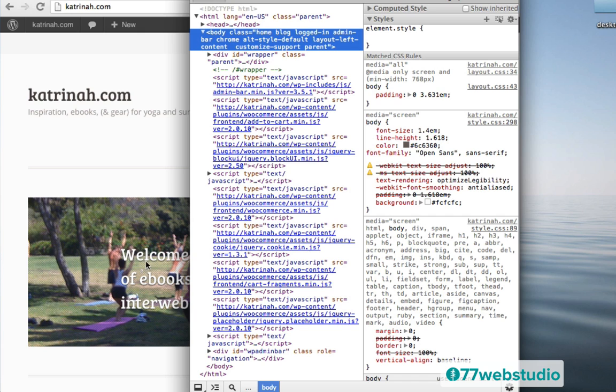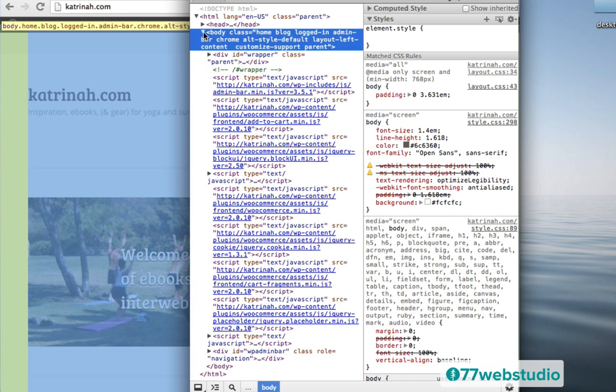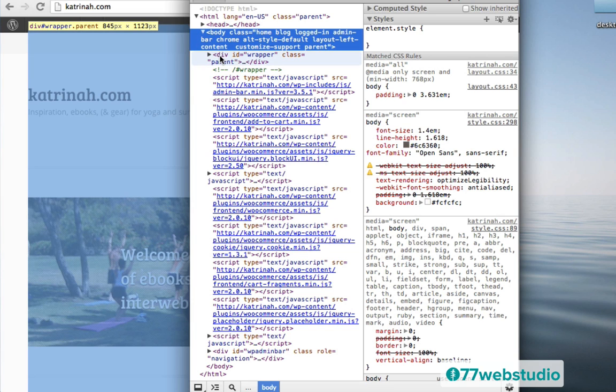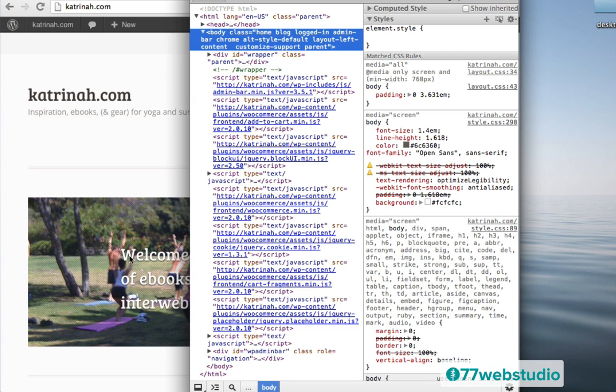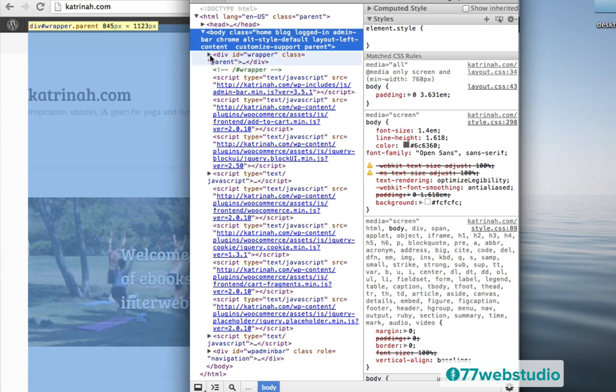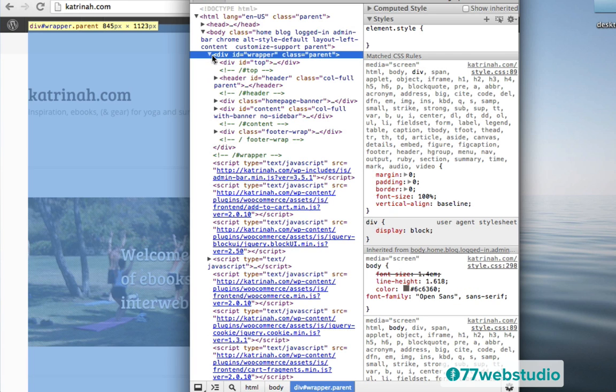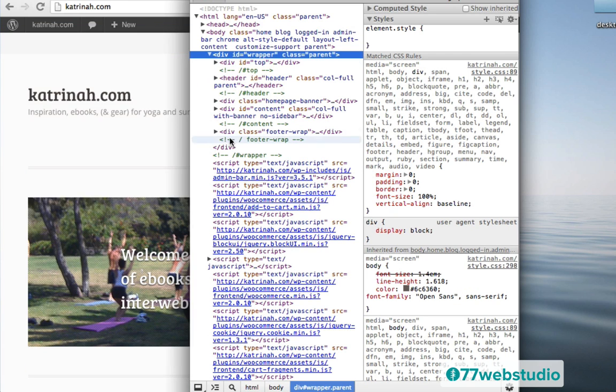So to find the code for this, I'm just going to click on this. You notice that when I'm on the HTML here, when I hover over these different sections, they highlight on the left-hand side. So we just need to drill down until we're only highlighting this area here, which is the title. I'm going to click on wrapper right here, and then click on this marker right next to it to open up more of the elements within the wrapper.